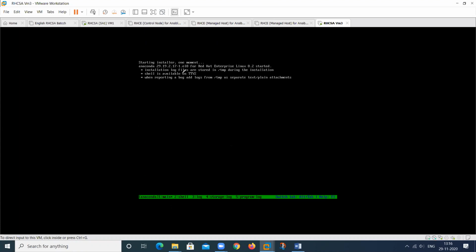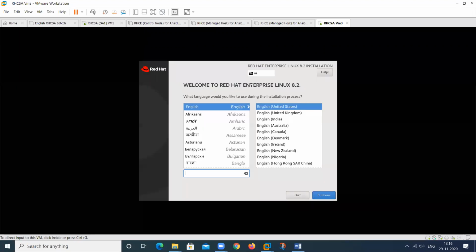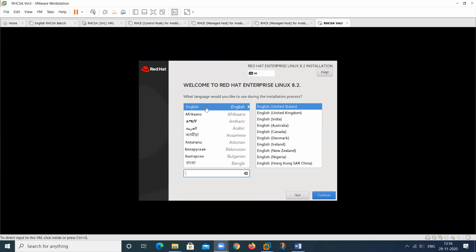This is called TTY2 that I have told you, but it is only available in RHEL 8. Here select your English language, then India, English, then click continue.